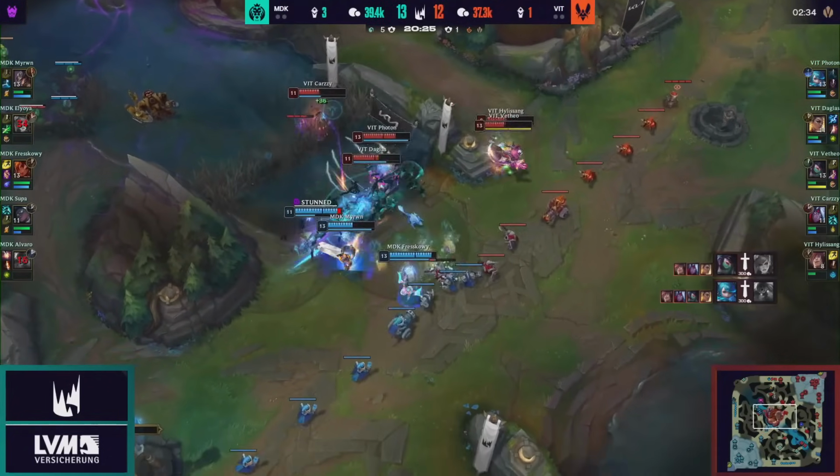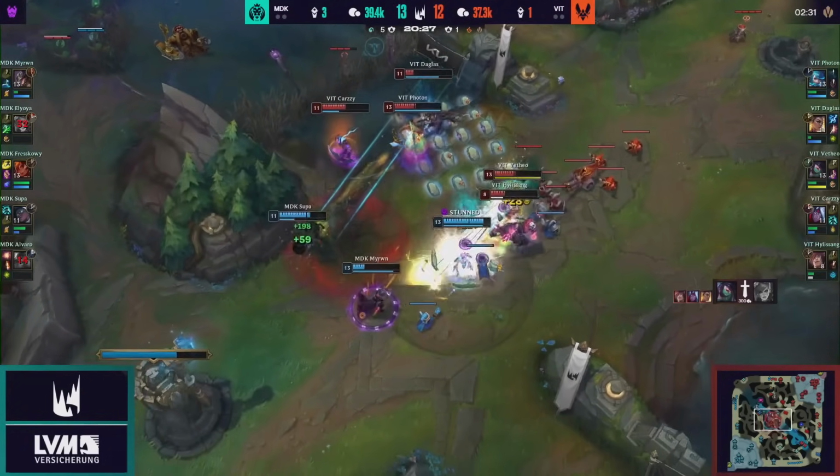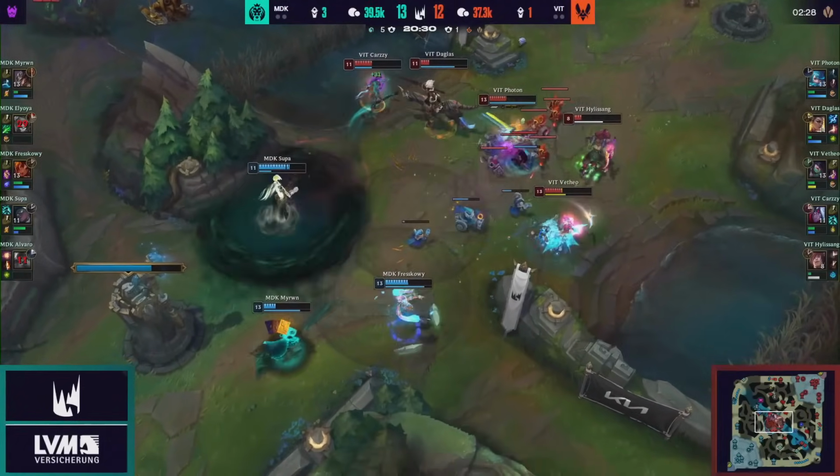Mirror1 with the gold card. I don't think it's going to be enough. The Gwen already on top of him. Boris just keeps hitting. Somebody kill Karzi, but they don't have the tools. They don't have the space. Supa